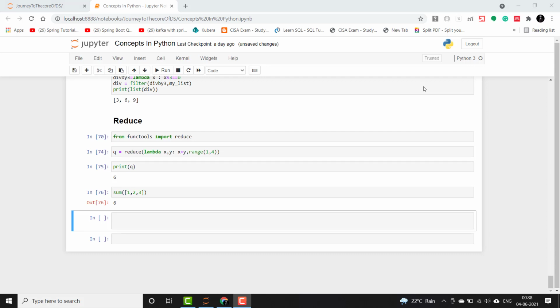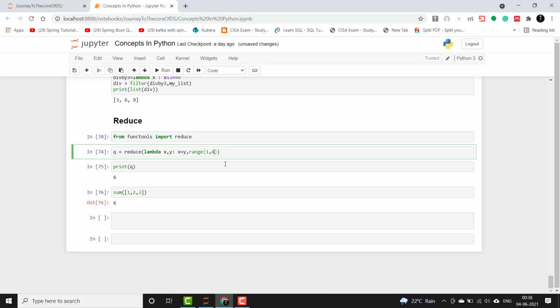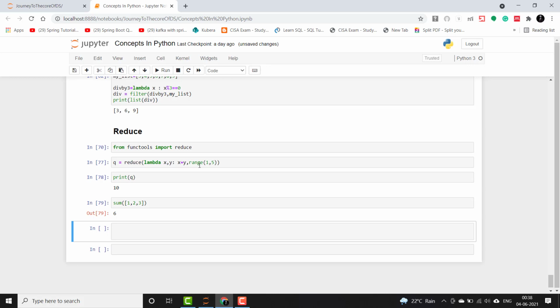So let's look at how the reduce function internally operates. You have seen here that it is summing up the elements, but internally how it is doing that, let me tell you. Let's take a larger list, let's say elements from 1 to 5, so it will be taking up to 4. This will be summing up to 10.